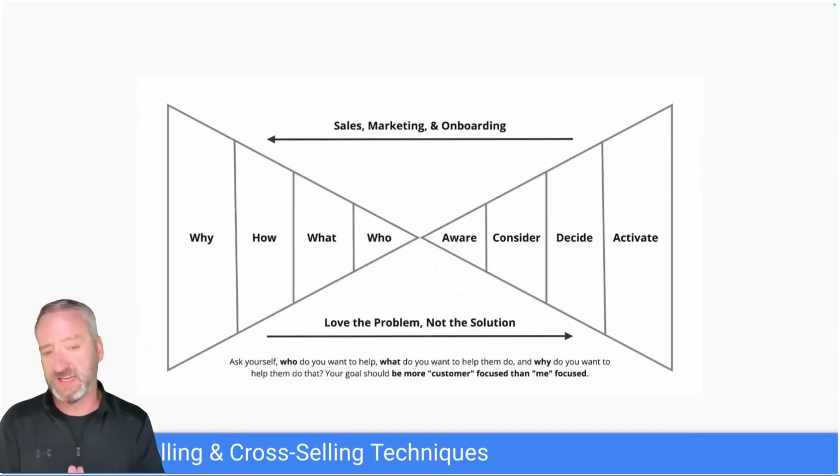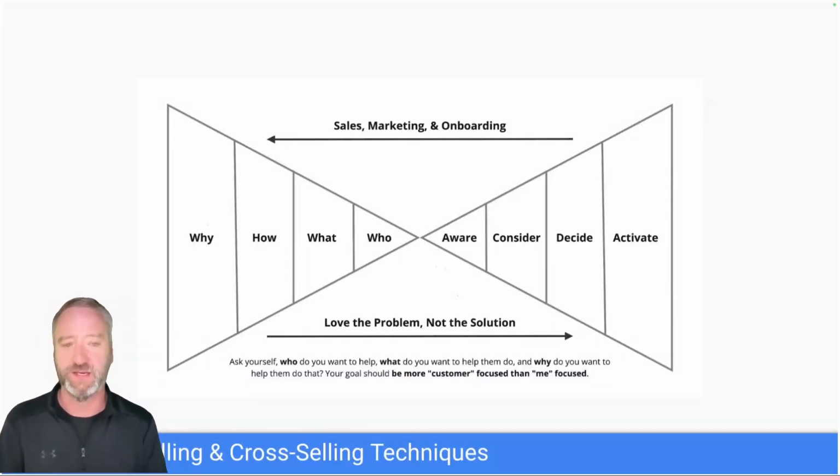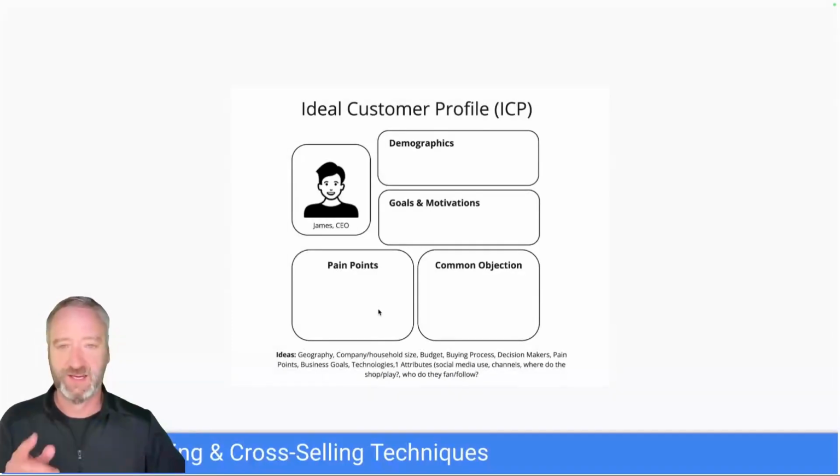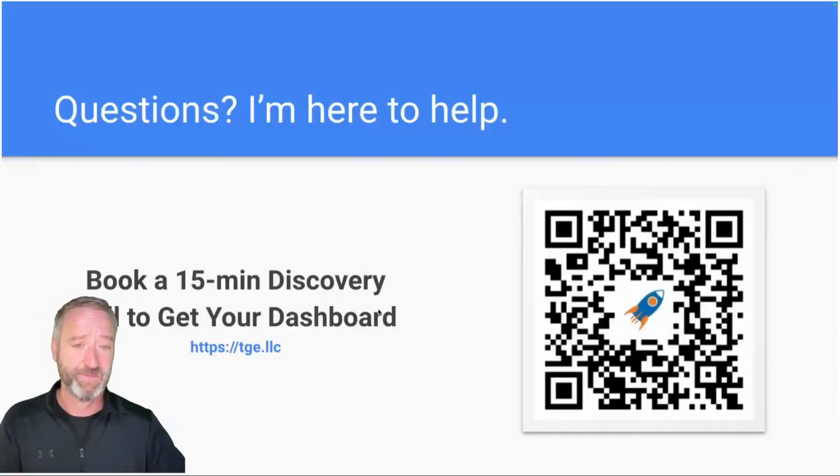Now, I showed this last week. I want to just show it again, because it comes down to your ability in sales and in marketing, and as the CEO, to clearly articulate, who is my ideal customer? What is their chief complaint and pain? Is that the right pain for the right person? And how early am I communicating that in marketing? And am I tying that all the way back to the decision point, and even in how I activate and onboard them? And always fall in love with the problem, not the solution. Nobody cares about your solution. They care about their problem. The more you can articulate that, the better.